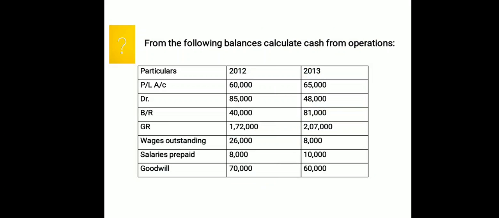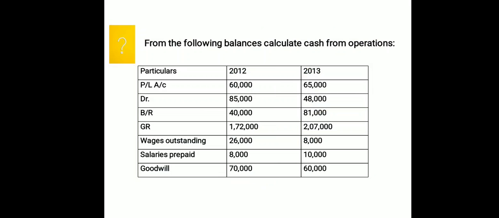Once your adjustment with the current items is over, if in the given question you have the information about income tax paid, then we are going to deduct that also at the end, and finally we are going to get the amount which we represent as cash from operating activities. So this is your pattern of how we have to calculate cash from operating activities. Investment and financing activities we'll see in further questions, because for 5 marks we get calculate fund from operation, and sometimes cash from operation calculation also. So I want to cover only that.